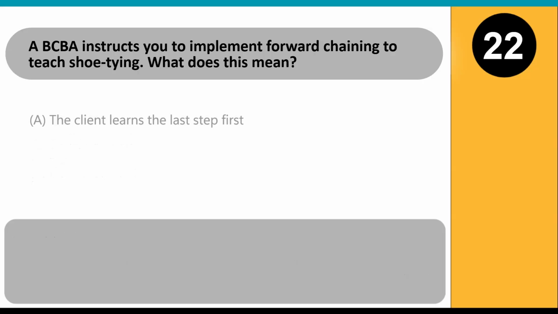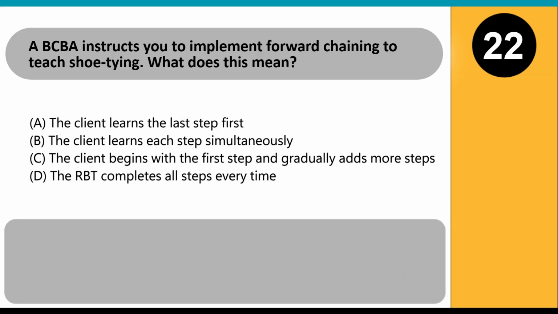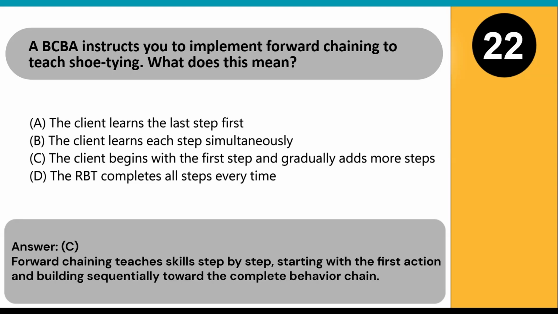A BCBA instructs you to implement forward chaining to teach shoe tying. What does this mean? A. The client learns the last step first. B. The client learns each step simultaneously. C. The client begins with the first step and gradually adds more steps. D. The RBT completes all steps every time. Answer C. Forward chaining teaches skills step by step, starting with the first action and building sequentially toward the complete